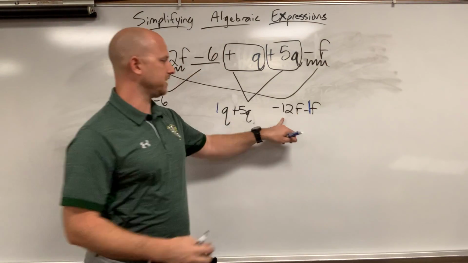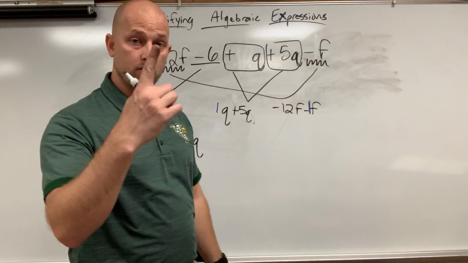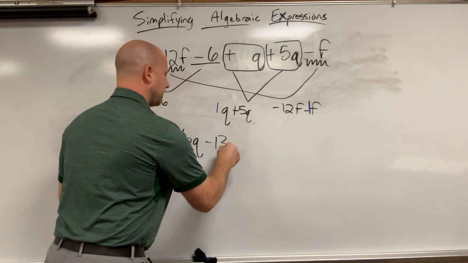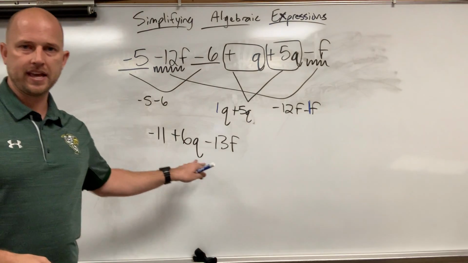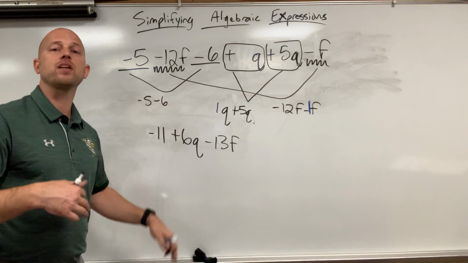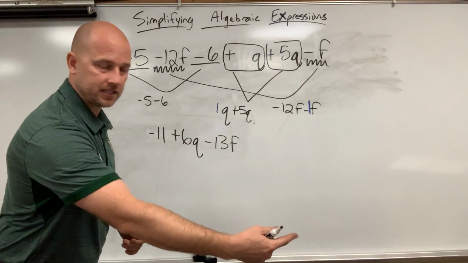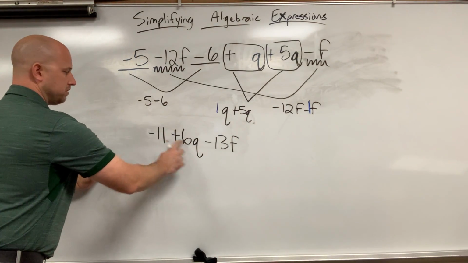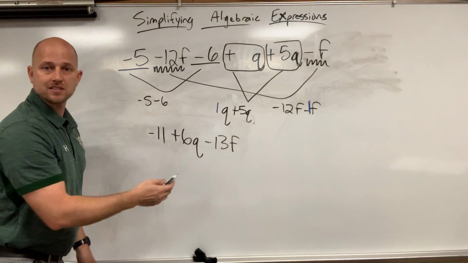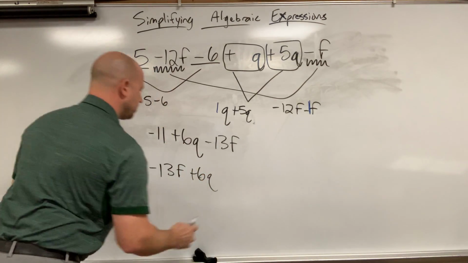Then over here we have a -12 minus 1. Remember, there's no number in front. The coefficient's a 1. -12 minus 1, same signs add. Keep your sign. And we have this. Now again, this is correct, but the answer key and the way down the road we need to get to is alphabetical with the constants at the end. So F comes before Q and this constant goes on the end. So we actually need to flip everything around. Now, -13, the sign in front, -13F. This is a positive 6Q and a